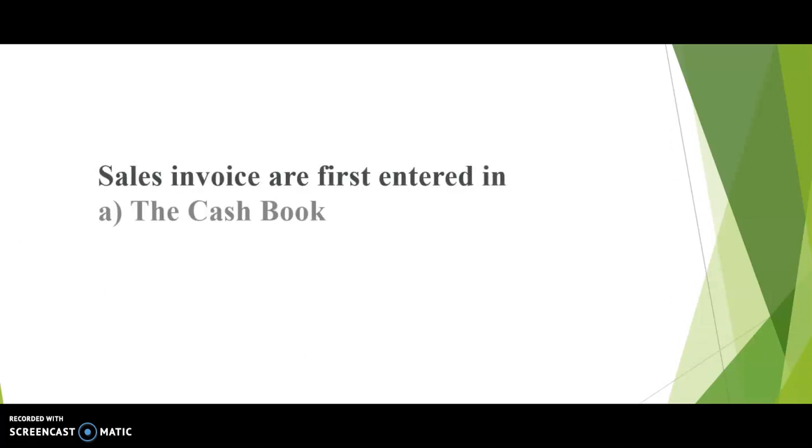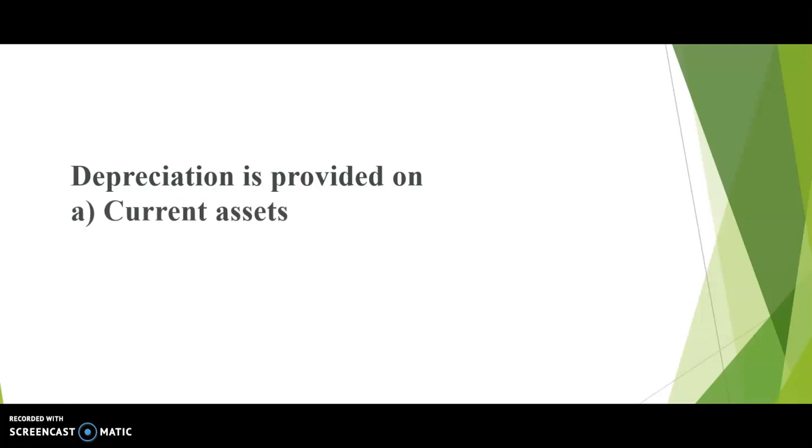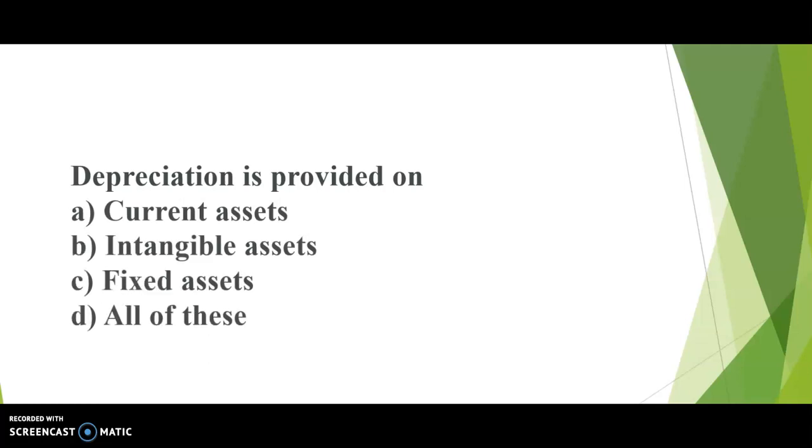Sales invoices are first entered in: cash book, the purchase journal, the sales journal, and the sales account. So it is recorded in the sales journal, that is, the correct answer is C. Then, depreciation is provided on current asset, intangible asset, fixed asset, and all of these. It is recorded on fixed asset. So the correct answer is